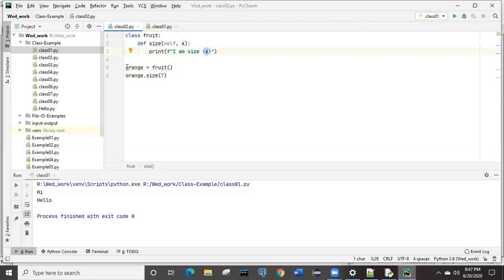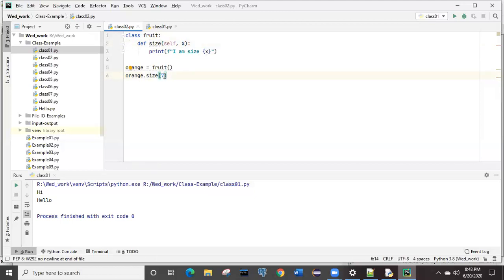And what we are doing is creating an object of the class. Which class? The Fruit class. So the fruit object will be any fruit name. That is why I have given orange. You can give mango, banana, apple, whatever you wish. Then we are calling this size method based on that object, and for this X, the second argument, we need to give one input.